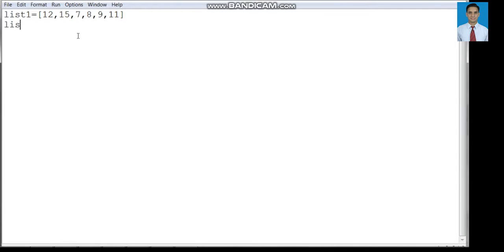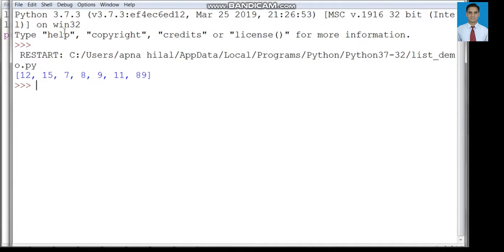For that purpose we need list1.append, a built-in list function. For example, I want to append 89. Then the new elements within list 1 will be 12, 15, 7, 8, 9, 11 and 89 at the end. Let us print it and see the output. Yes, the new list is 12, 15, 7, 8, 9, 11 and the element we appended gets added at the end of the list.